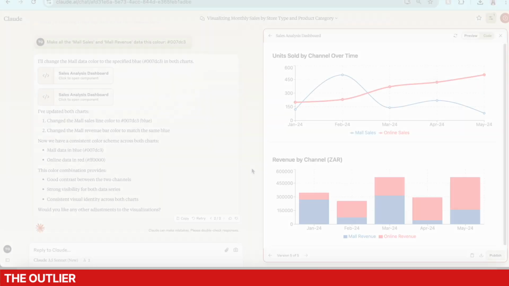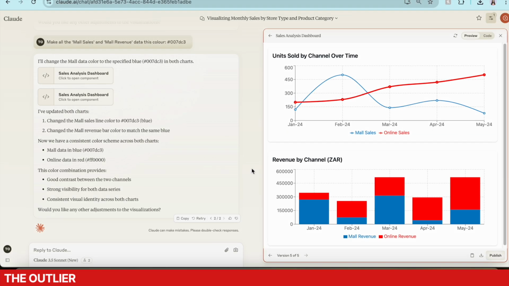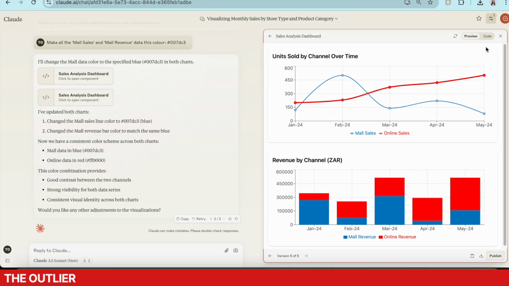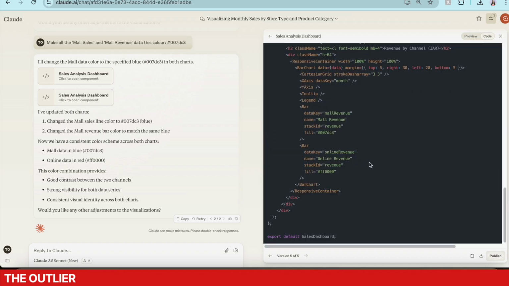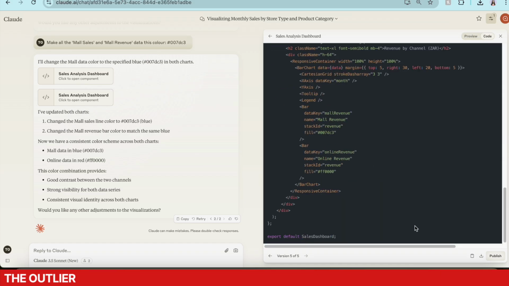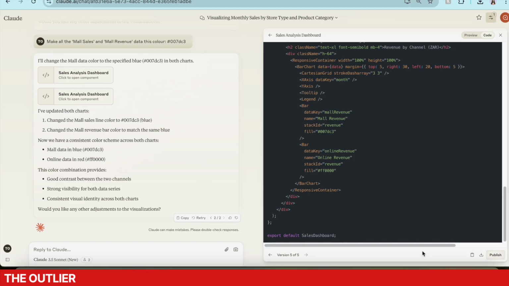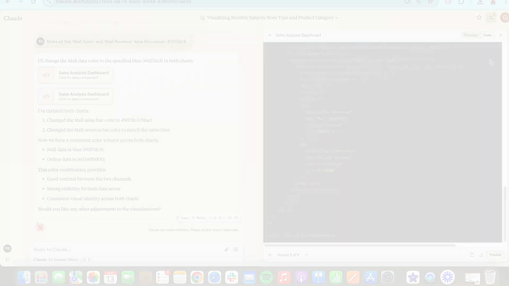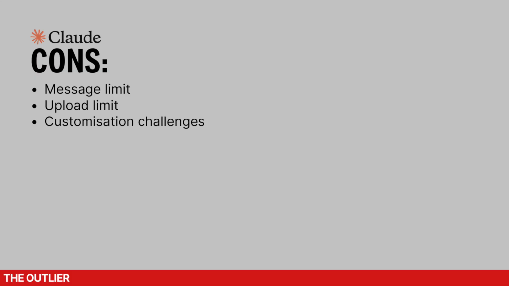Another thing you can do is you can look at the code behind this dashboard Claude has given to you. So if you go to the top right hand corner, you can click code and you can see everything. If you'd like to copy this over, you can go to the bottom right hand corner and there's a clipboard symbol where you can just click it and it will instantly copy the contents and you can paste that on a blank page. So as you can see, it's pretty straightforward getting Claude to visualize your data for you, but